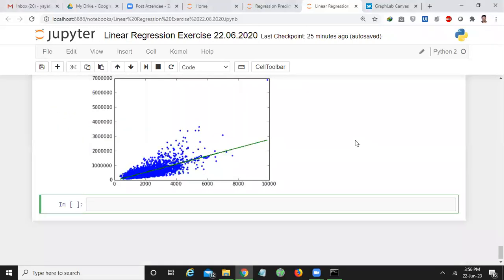So what is the equation of the line? ax plus b, right? So let us check the coefficients of our model. What is the name of the model? sqft_model dot get coefficients.